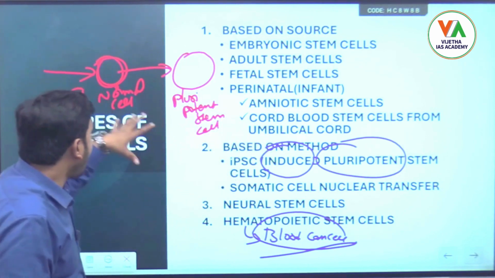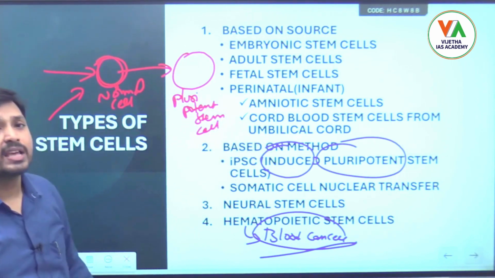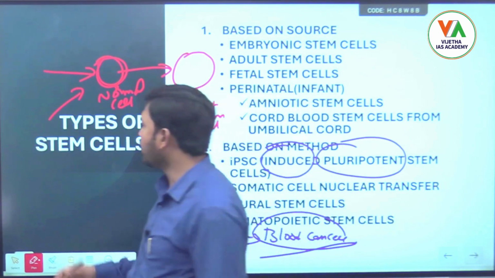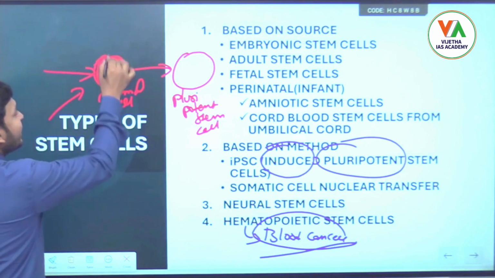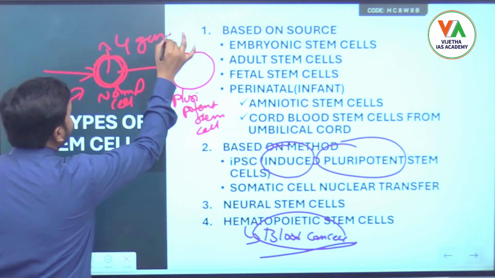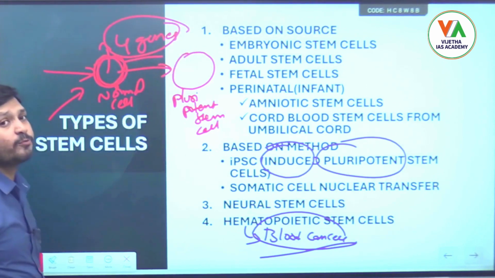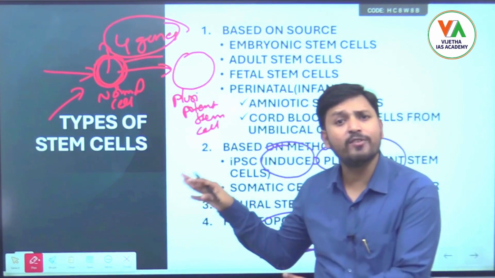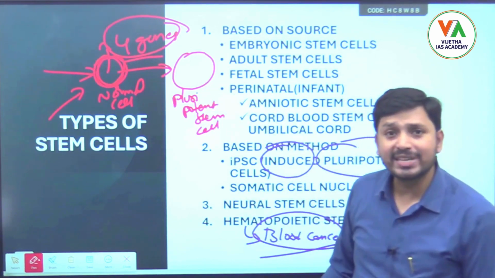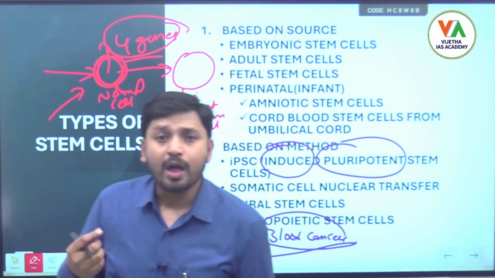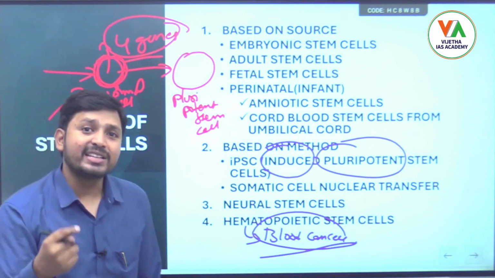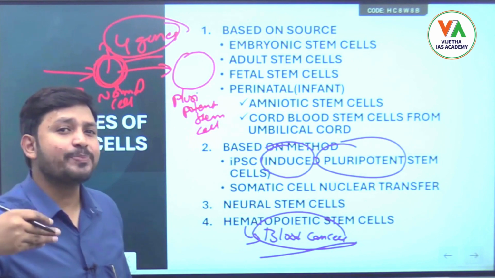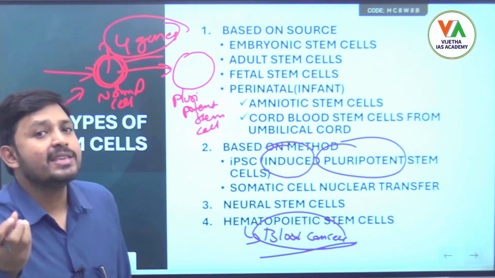Okay, so how has it been done? The scientists have observed that there are 4 genes in this cell, which are called Yamanaka genes, because it is the scientists who found them. These 4 genes, found in the cells of the human body, are responsible for the specialization of any cell in the human body.